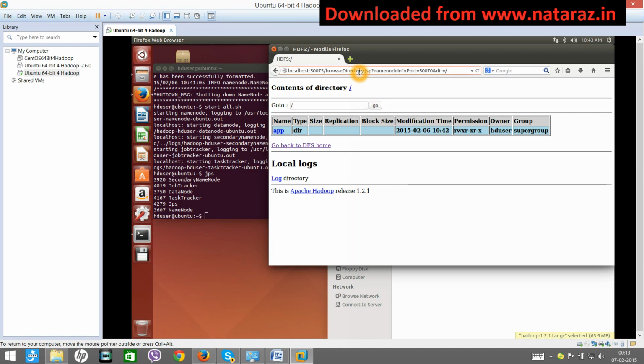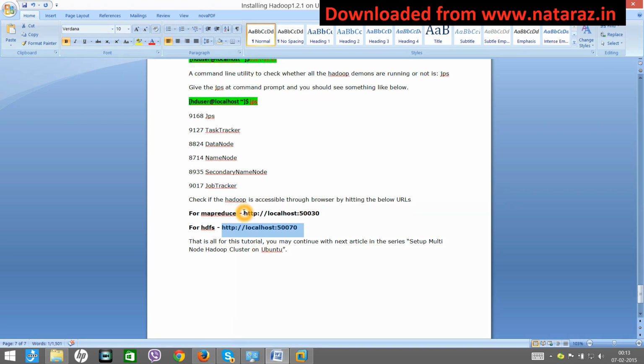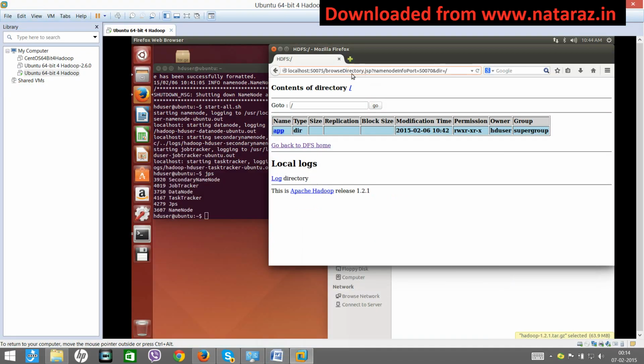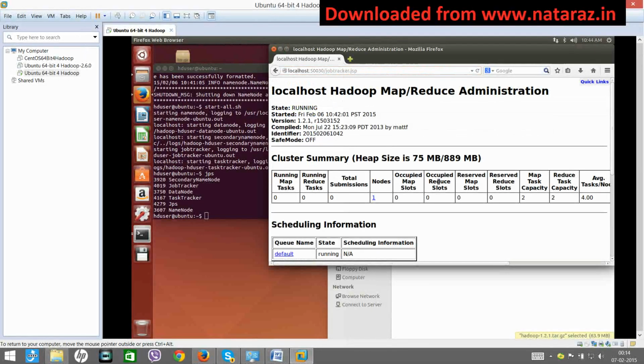Similarly, once you submit a job, you can get the status of the job by using the job tracker. Copy this, paste, enter. Okay, now here you will get the details of your MapReduce program. How many MapReduce programs are running, what is the input size of the file on which it is running, all these details you will get here.